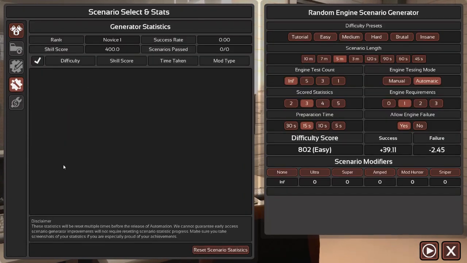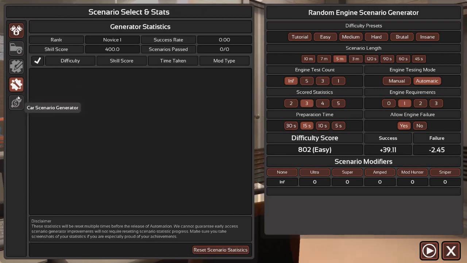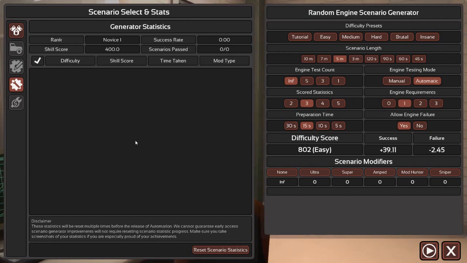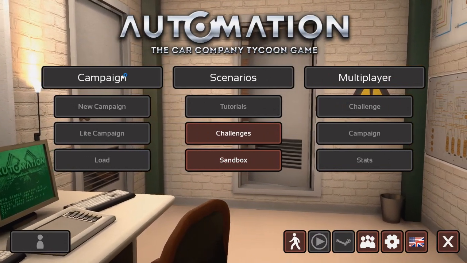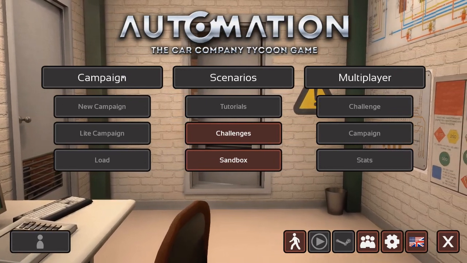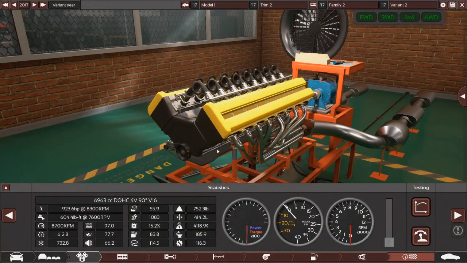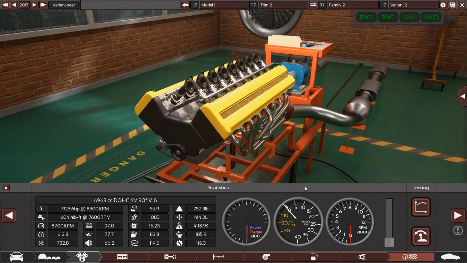So here you go, an engine scenario generator. There will be a car scenario generator as well. This stuff really will introduce a little bit of what I was talking about earlier with the multiplayer stuff, but in the single player portion. So we'll be checking that out in the future. And the new Lite campaign is in the works and will be released in not too very much time at all. So we'll be continuing on here on Automation in the new build. And just in case you needed a little bit more reason to get hyped about the Unreal version of the game,